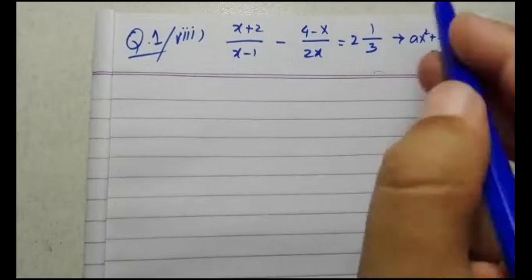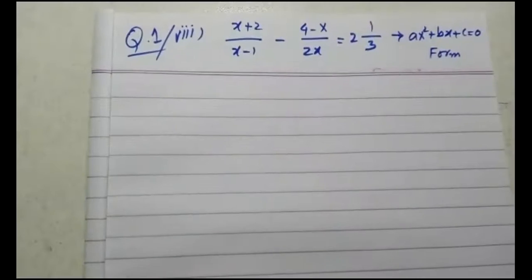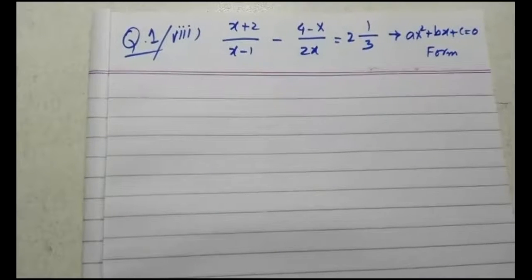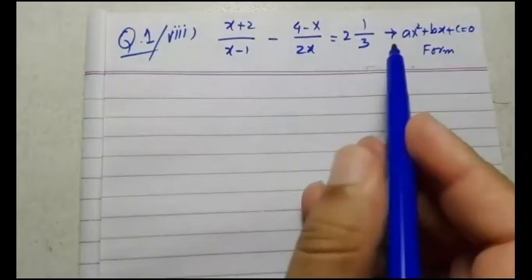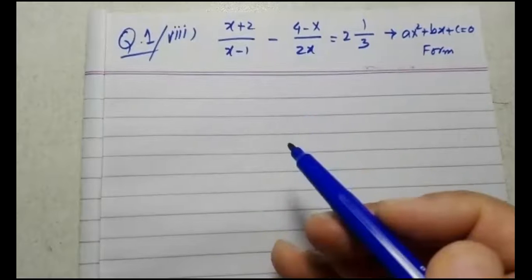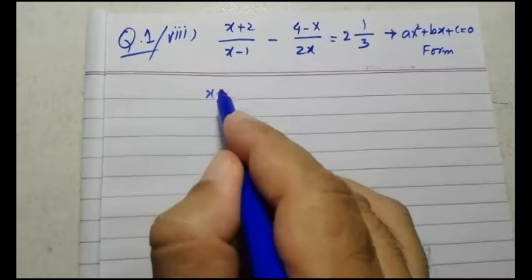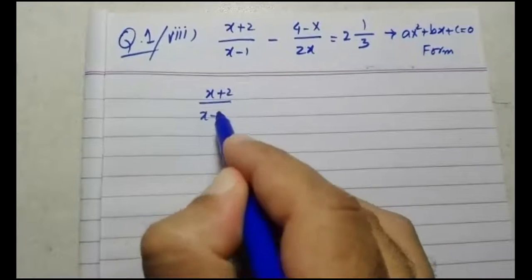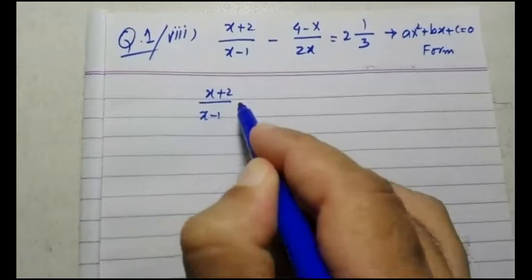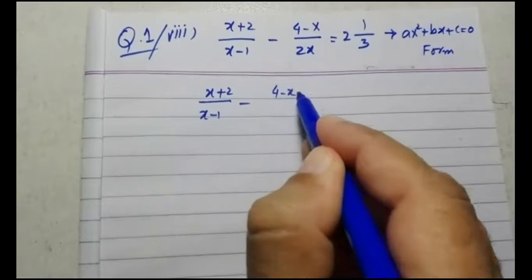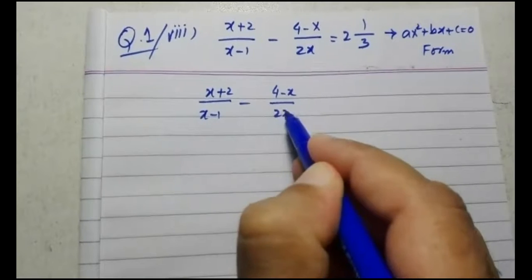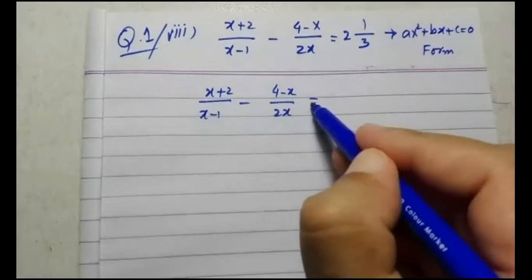Fine. In this position, we can't use any formula. We don't know the shape of the quadratic equation. If we have to convert this fraction into a quadratic equation, how will we convert? We can use two different methods, but I will prefer the simplest one because the question is already a little bit lengthy. So I want to use a way which is more simplified.